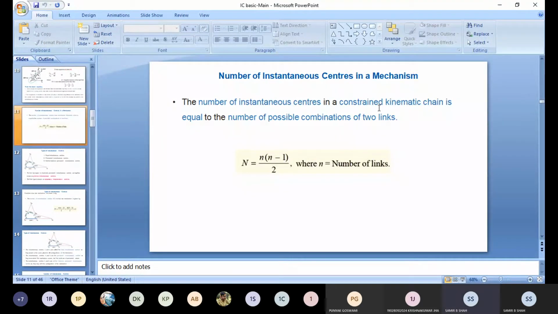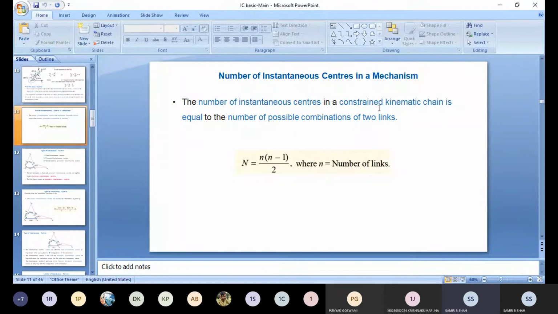First property of the instantaneous center: a rigid link rotates instantaneously relative to another link at the instantaneous center for the configuration of the mechanism considered. Whatever the mechanism considered, on that mechanism the rigid link should be relative to another link. And the second: the two rigid links have no linear velocity relative to each other at the instantaneous center.